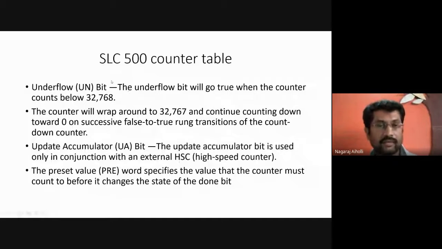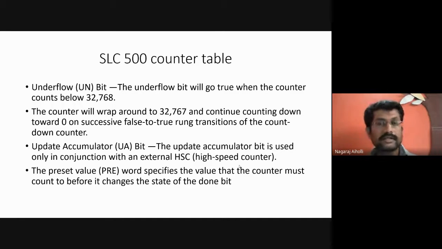The counter will wrap around to 32,767 and continue counting down towards 0 on successive false-to-true transitions of the countdown counter. The update accumulator bit is used only in conjunction with an external high-speed counter.